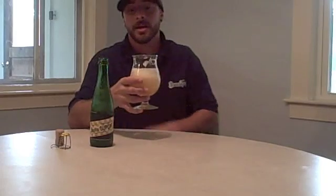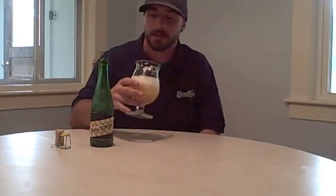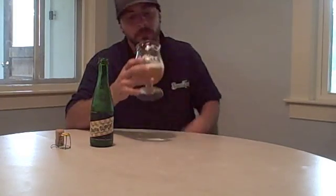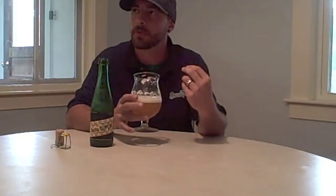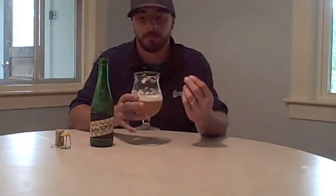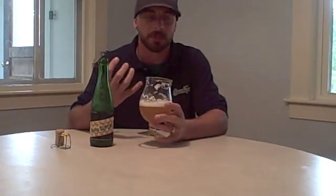Alright, let's check out the aroma on the Saison Dupont. First thing you're noticing, really big cutting type of citrus notes. Almost like a lemon rind, lemon zest in there. And it's followed up by the spice from the Belgian yeast in here. It sort of comes through. Those two blend together, and then